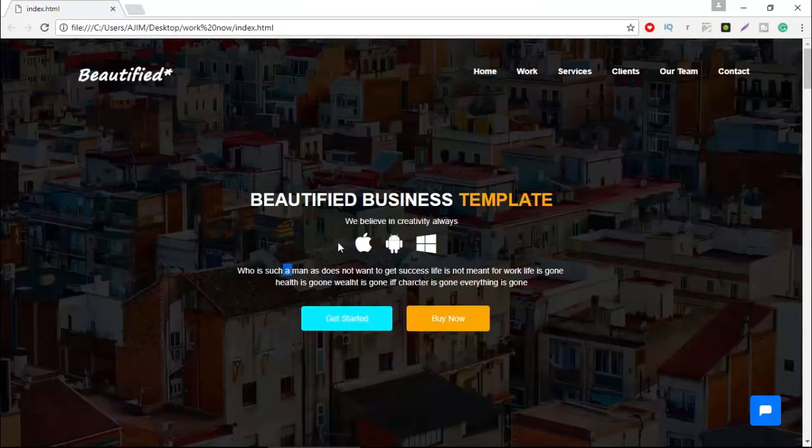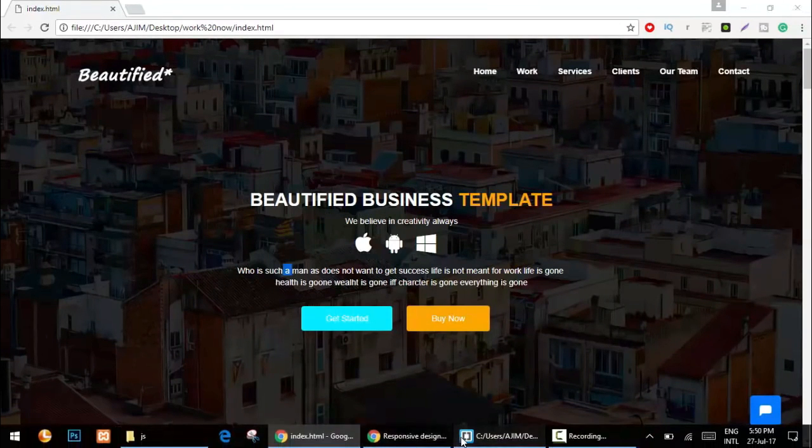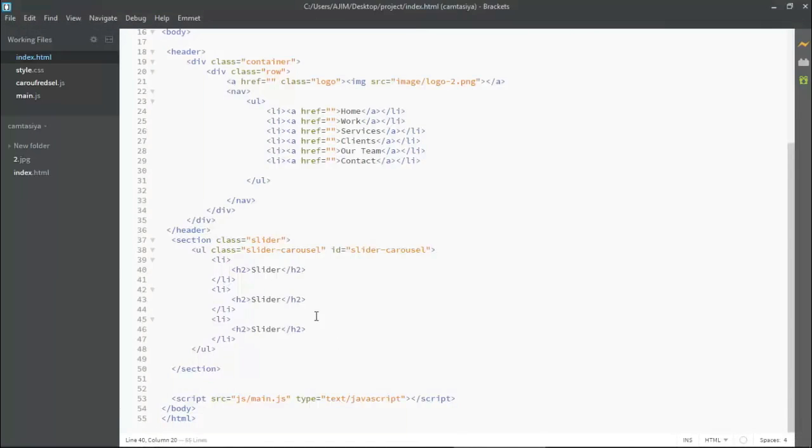So I'll be putting everything exactly there. I'm deleting this dummy text like slider, and here I'm putting beautified business. And inside this I am putting a span tag. You know why? Because I have to change the color of the next text.